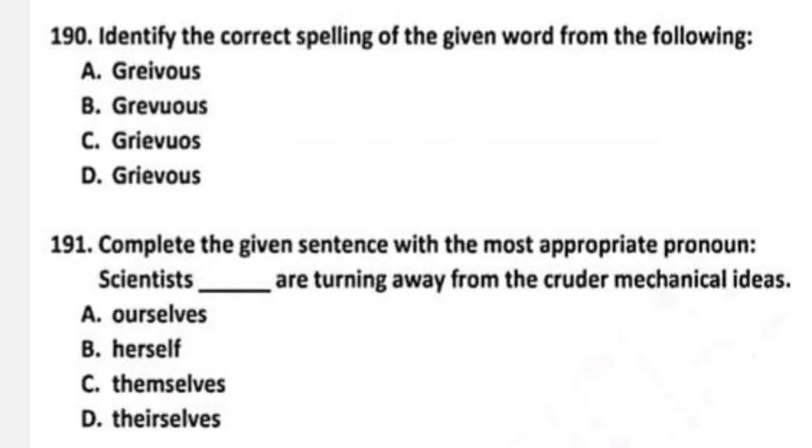Question number 190 is identify the correct spelling of the given. Oh, we have completed the physics portion and now we are heading towards the English portion. Identify the correct spelling of the given word from the following. A is the GREI. So you have to know about the spelling of this word, and the correct spelling of this word will be